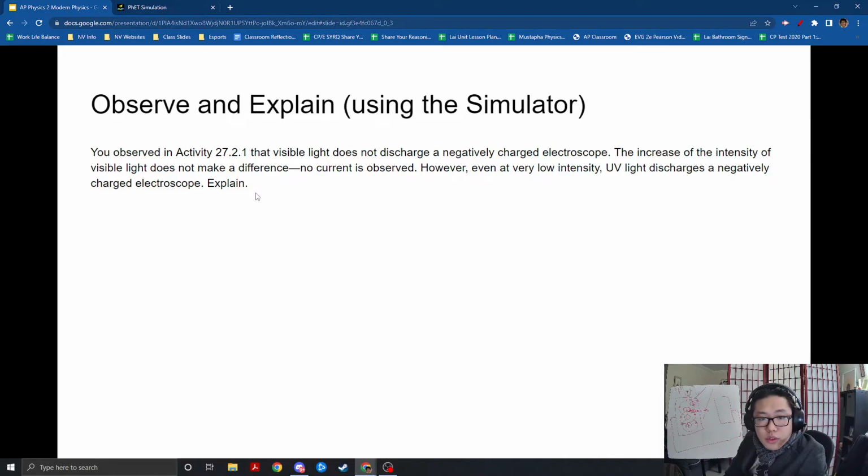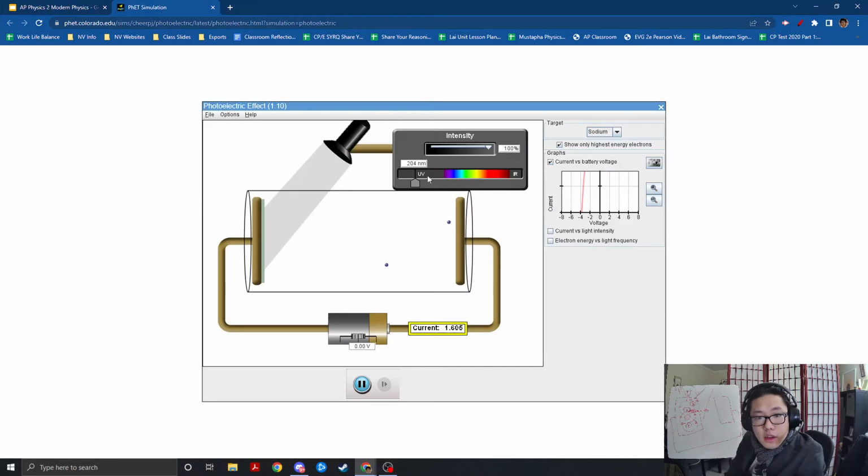We also noticed that visible light was unable to discharge the negative electroscope. So the intensity of light did not seem to actually help. We could take visible light and make it as intense or low intensity as we want, but all these forms of visible light,